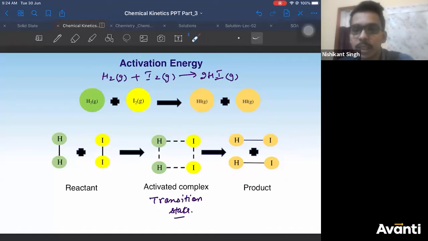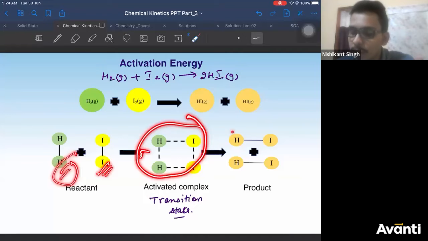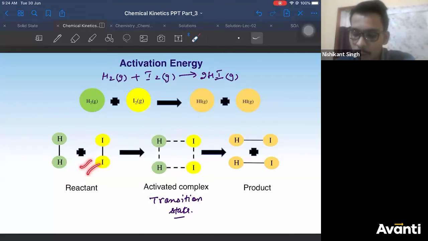So this is a general reaction. Now we'll plot this in terms of your graph. Now another important thing is, only those reactant molecules which can participate in the reaction and form this activated complex can give you product. If reactant molecules are not able to form this activated complex, they cannot give you the product. That is the meaning of it. Only those reactant molecules which can combine with each other and form the activated complex will give you the product. I hope that is clear, right?